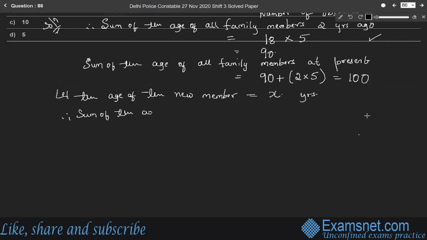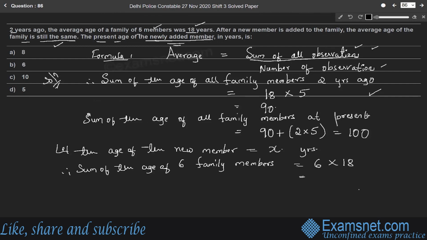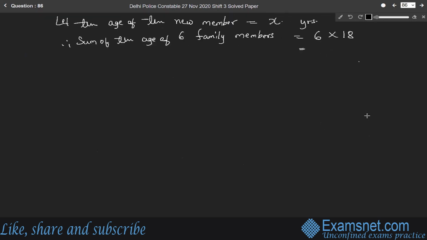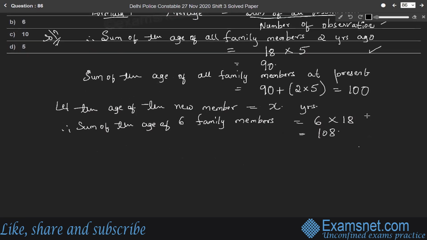the ages of the 6 family members is equal to, so the number of members 6 into their average. According to the question, the average age of the family is still the same. Therefore, it is 6 into 18, which is 108. Right? So 108 in the sense, so the sum of ages of family members at present, that is 100, plus 1